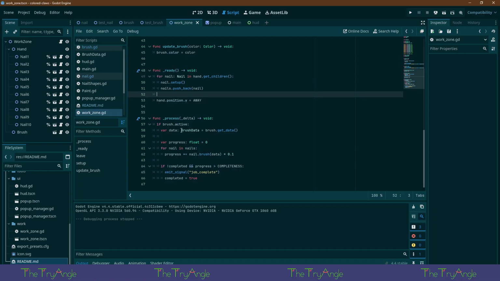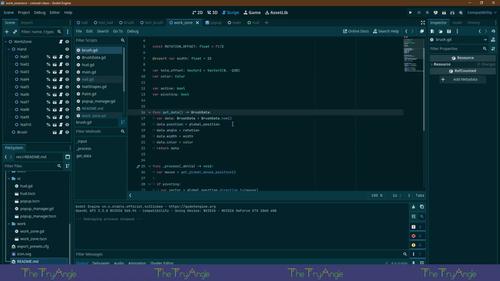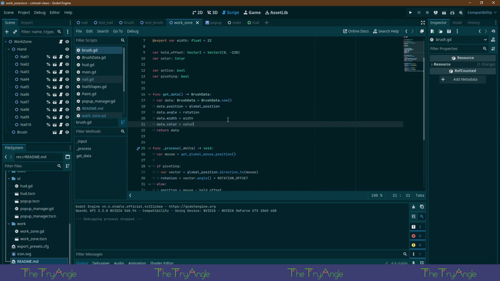So if the brush is active, we get brush data and pass that into the nail. Okay. Right. I think part of brush data, we should have the angle. That's good. The width is fine. The color is fine.